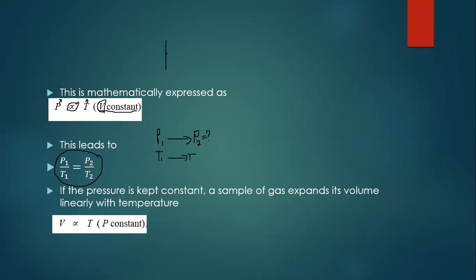So if you fix volume by putting the gas in a container that cannot expand or contract, you can determine the pressure at any temperature if you know the initial condition. If you know the pressure 1 and the temperature 1, and the pressure changes, you can know what temperature it has. So this is the first premise where we have put our volume constant. Are we okay that far? We are going to look at some examples later on, but right now we just want to establish a few things. Are we okay this far?